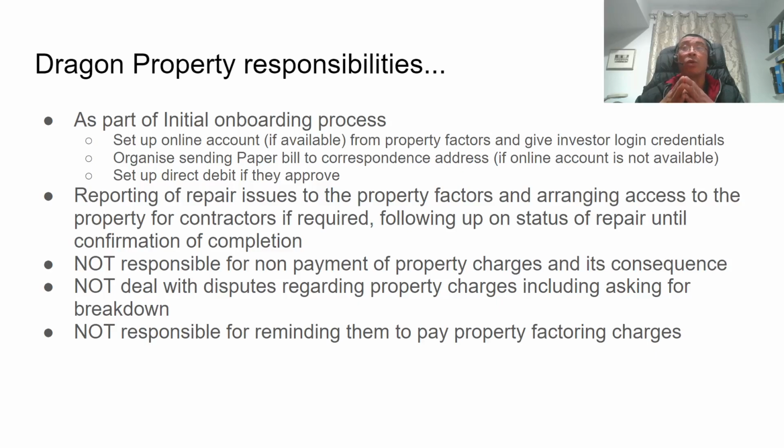Okay, so if there's an online account, you should check that. If there's a direct debit set up like I do, then I don't bother about it. Now, if there's no online account and we have a paper bill, then we will scan it and send it to you. But whether you pay it or not, it's not really our concern. Okay, so